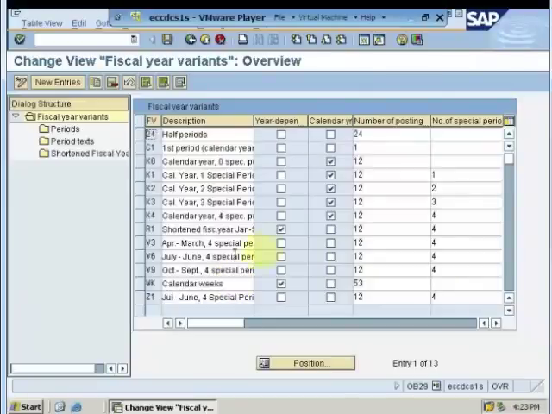Year independent fiscal year means that every fiscal year would have different properties. Every fiscal year would have a different number of periods that it will start and end with. Year dependent fiscal year means that the fiscal year would remain the same throughout its properties for every year. For example, fiscal year October to September is a year dependent fiscal year, which means that this fiscal year will not change yearly. This fiscal year will remain the same throughout its